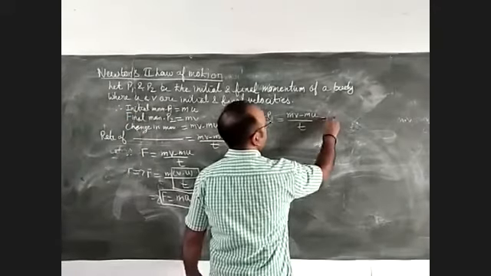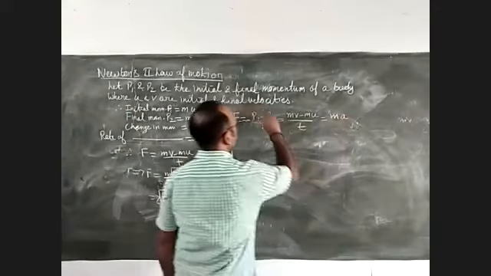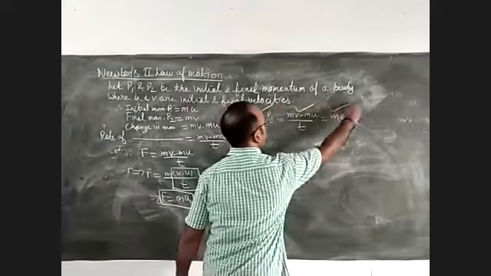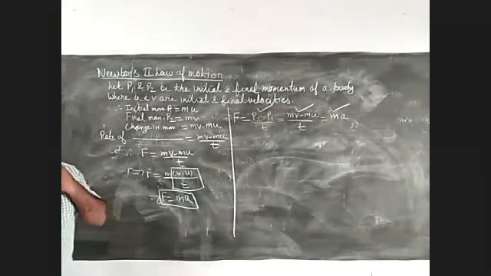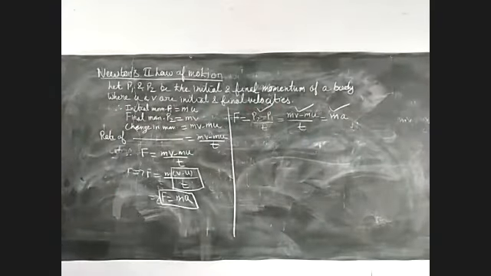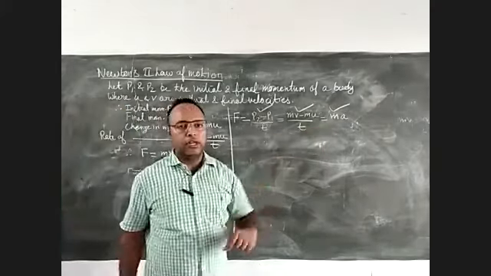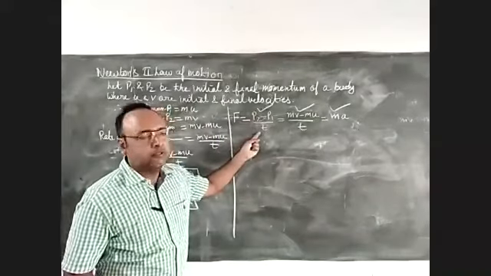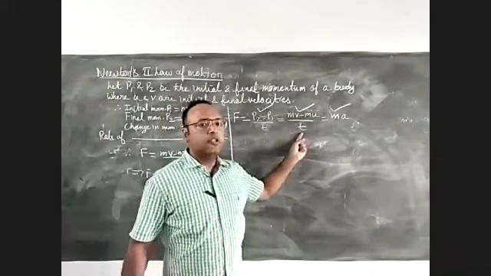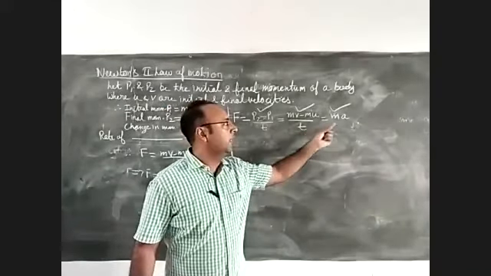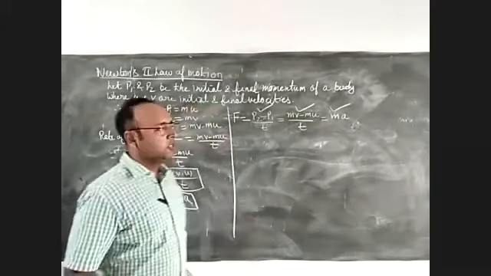And another, if I use ma. So these are the 1, 2, and 3 different mathematical forms. If the question comes, write the different mathematical forms of Newton's second law of motion, so you can write these. If the momentum is given, directly use this formula in numericals. If velocities are given, we will apply this formula. And if acceleration is given, we can use this formula.